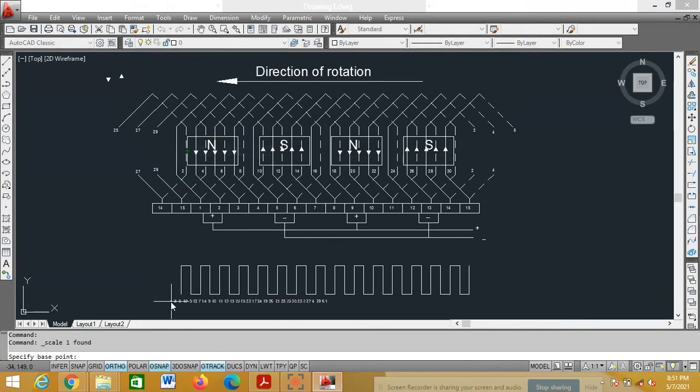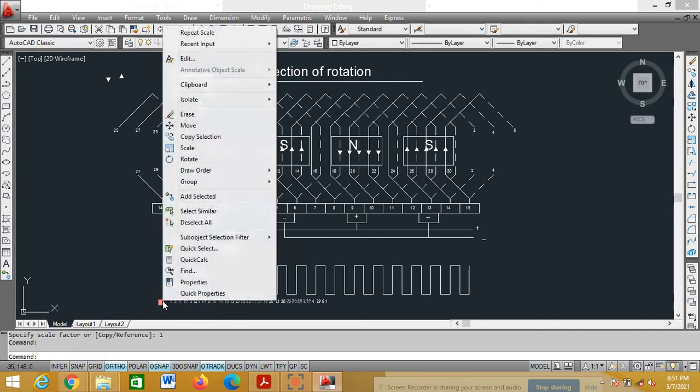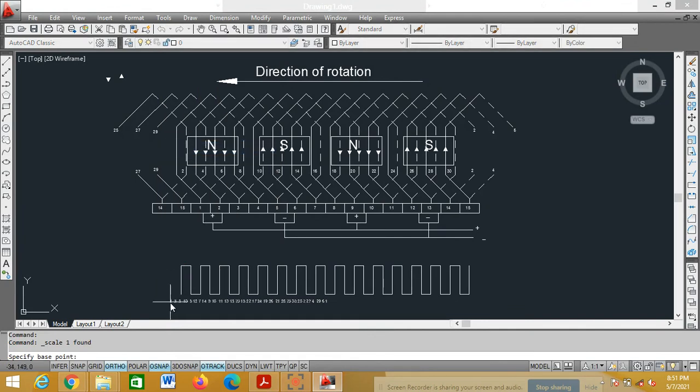Go for the scaling. I think this is enough, 1.5. So now you can adjust.